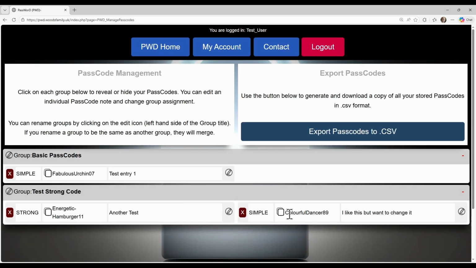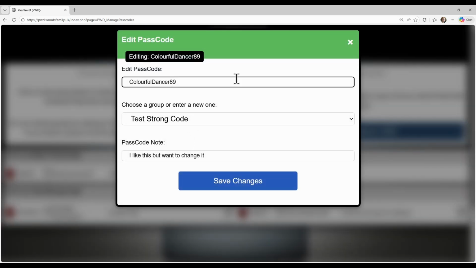It's now how I like it. And also, because I've taken the asterisk or the star out of it, it's no longer qualified as a strong passcode. So it tells you that here, it's simple. This way, you don't have to put it into a special group of any kind or anything like that. It'll tell you. If I re-edit it again and, I don't know, change the passcode a bit more, add in a special character,